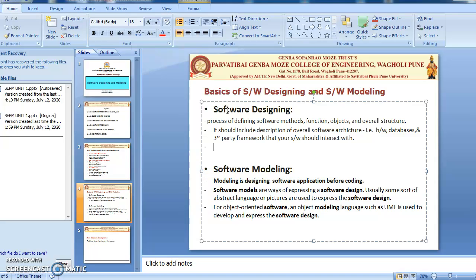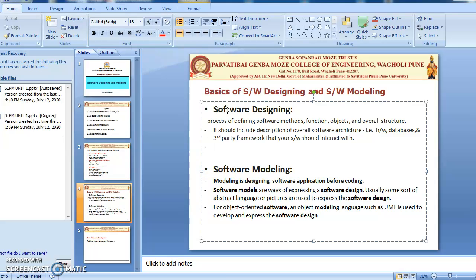So overall, this is the picture of what is running, where the things are running and how the parts are interacting with each other. Software designing should include all the APIs. APIs means application programming interfaces, that are used by your code or by the external code that calls your code. So what does software designing mention? It mentions what the architecture is, what the hardware is, what databases we are using, and what third party frameworks or APIs our code is interacting with. So software designing will give the rough idea of the architecture.